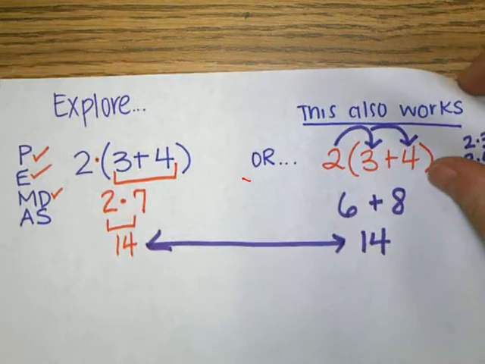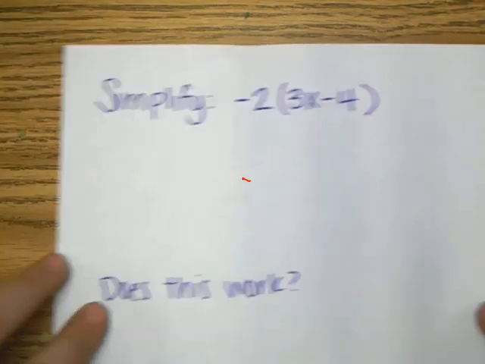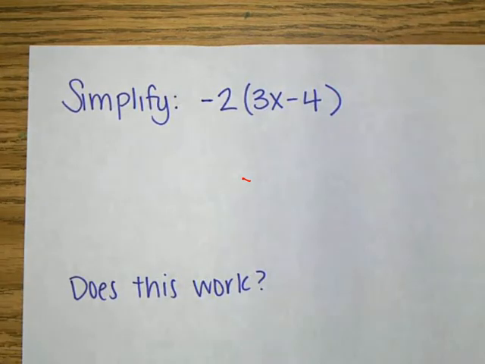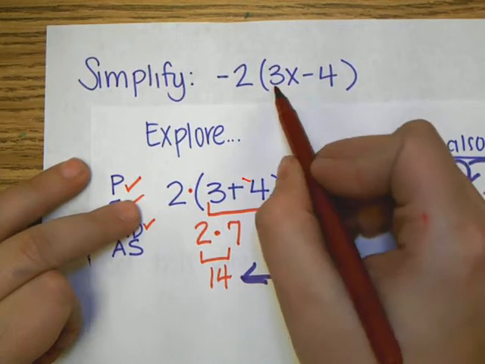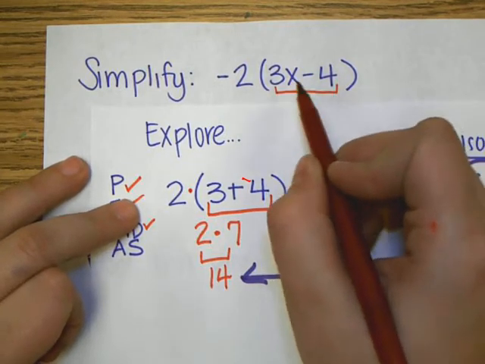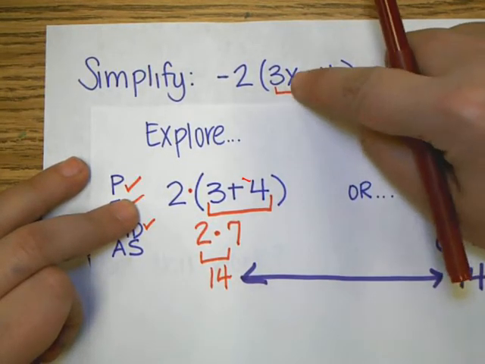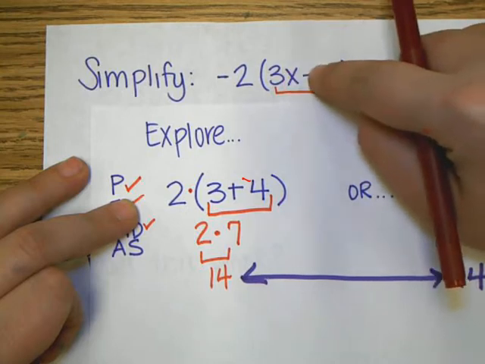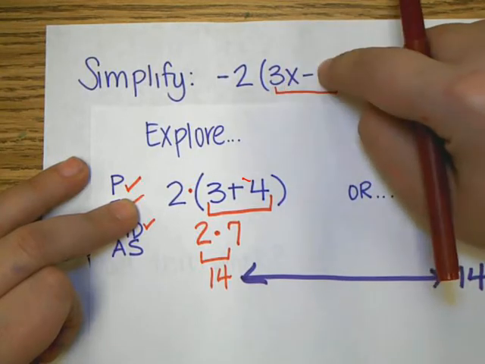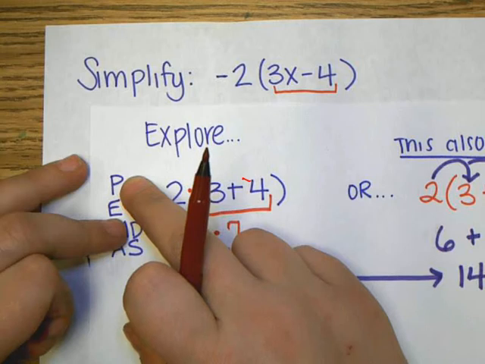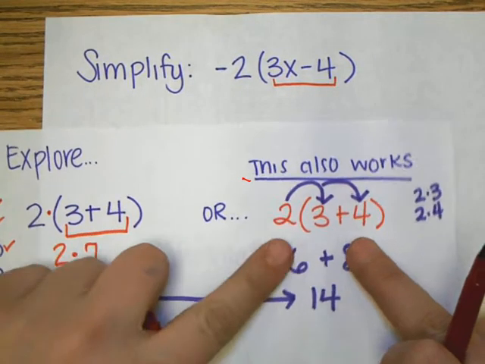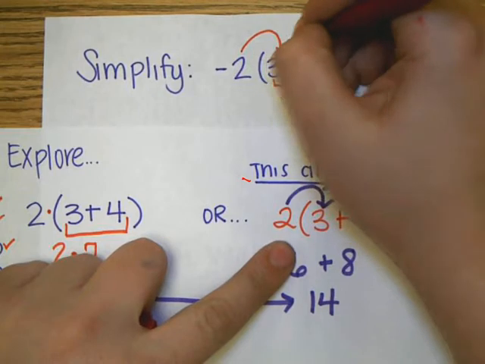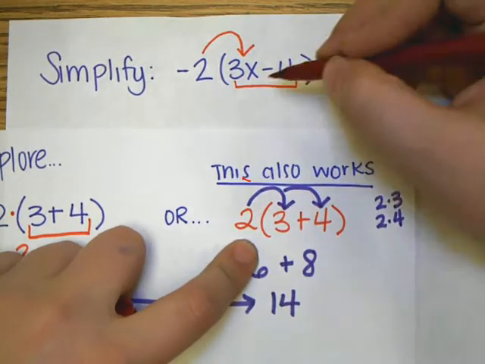So now let's try some algebraic expressions with variables and use the same concept. So if we have this expression, if we try to do what we did here, which was order of operations, we have to do parentheses first. But inside the parentheses, we can't do 3x minus 4 because we don't know what x is to subtract 4. They're not like terms. So we can't do the parentheses. So we could also, though, try it this way. We could take the number on the outside and multiply it to each